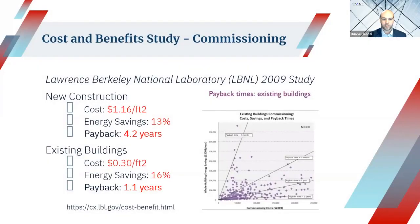And next, I wanted to highlight that there is actually a simple payback associated. Because of the way that the commissioning process works within a building, a study has been done by Berkeley showing that the energy savings has increased to the point where the cost involved with commissioning has a payback somewhere in the range of 2 to 4 years. And that's been documented time and time again, that there's a benefit to having a commissioning agent